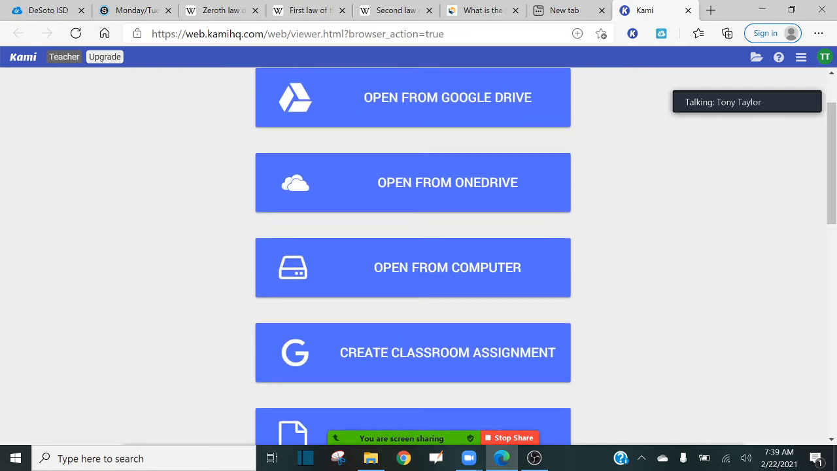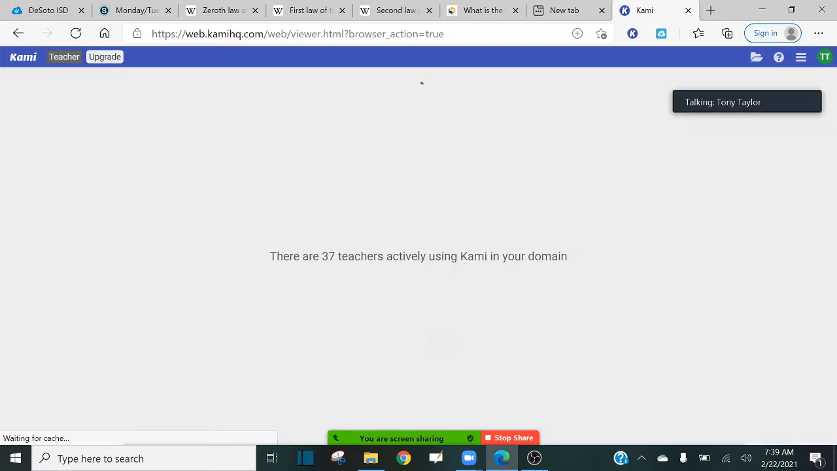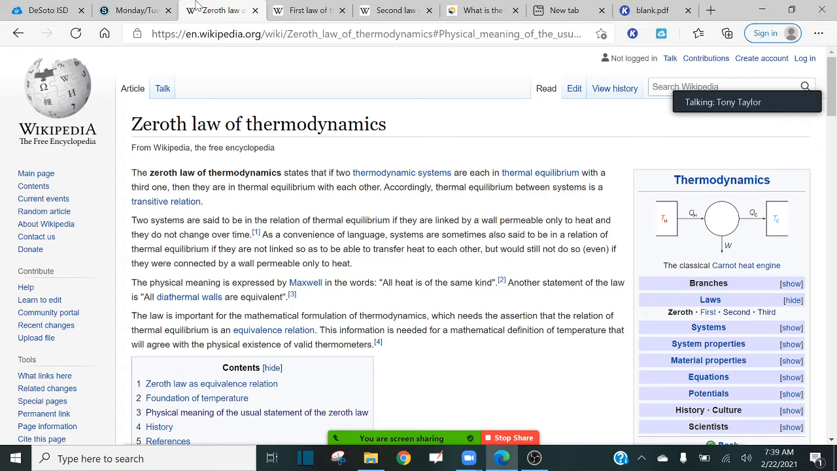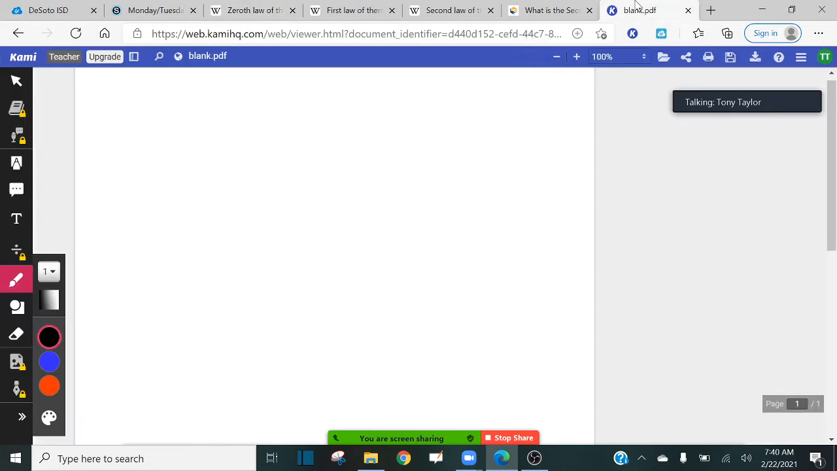Okay, so now let's start with the zeroth law of thermodynamics. According to Wikipedia, the zeroth law of thermodynamics states that if two thermodynamic systems are each in thermal equilibrium with a third one, then they are in thermal equilibrium with each other. Like I said, I'm not going to spend a whole lot of time on this law. I just basically want to explain what it is. Basically, what this means is